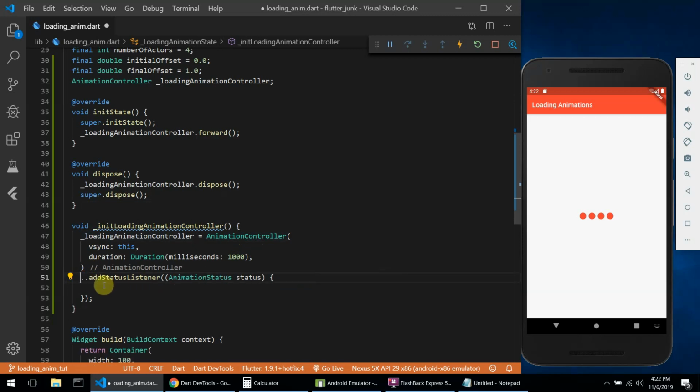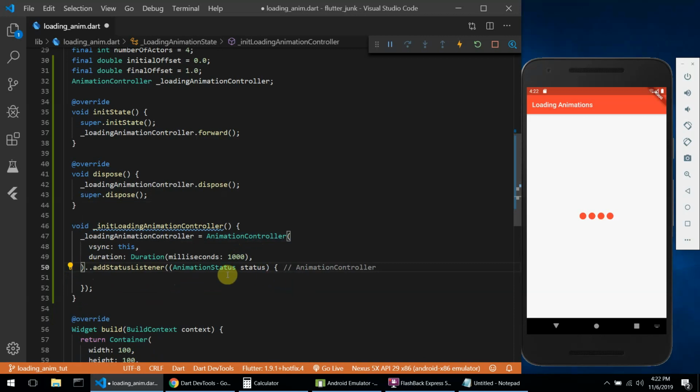I've forgotten the name of this construct, but that is just exactly what I am doing. So the status listener is going to be checking the status. It's going to be called whenever the status of the animation changes. An animation has multiple statuses. So I just want to check if the status